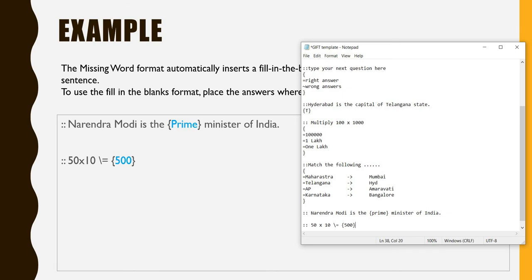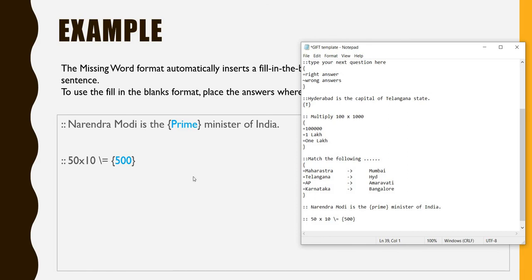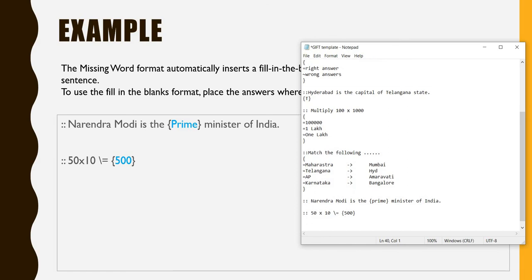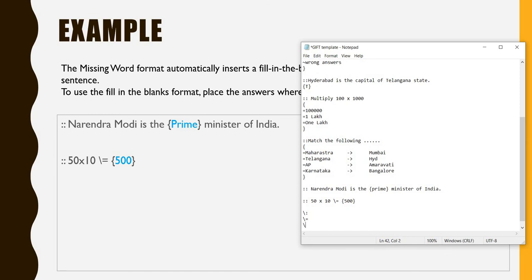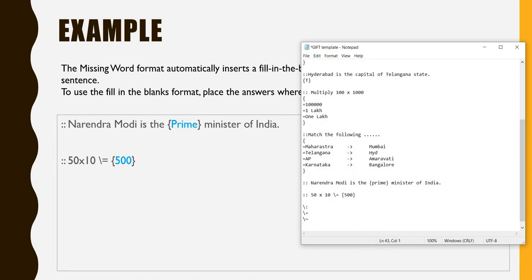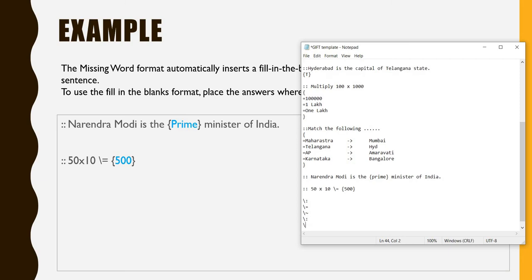Okay, yes. Likewise, if you have somewhere where you should use this symbol, you can also use a backslash before it, and it will override the functionality. Similarly, backslash equal to, backslash tilde, backslash colon, backslash, did we miss anything?